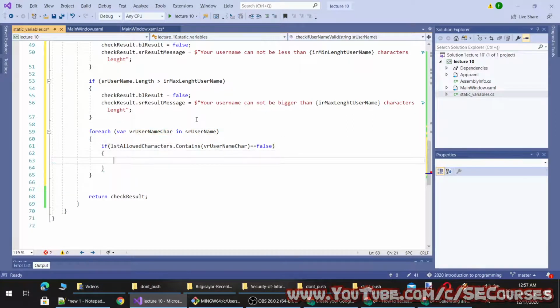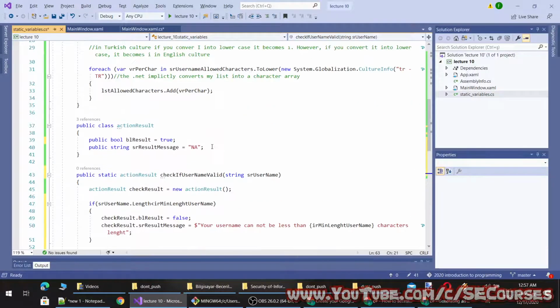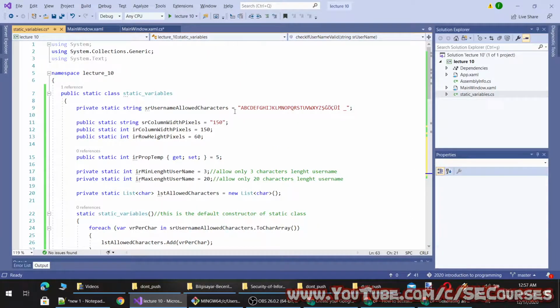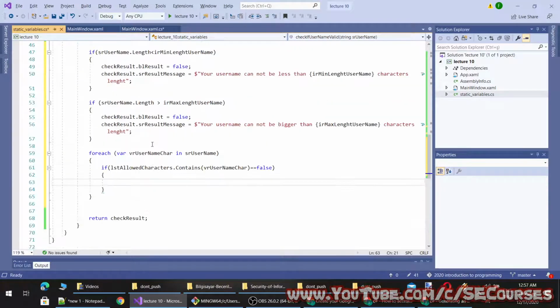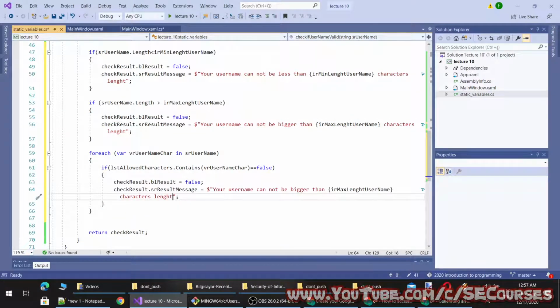Okay, that means the user has picked a character that is not allowed in the username. I will just set the result again to false, and I will say that your username cannot contain character.